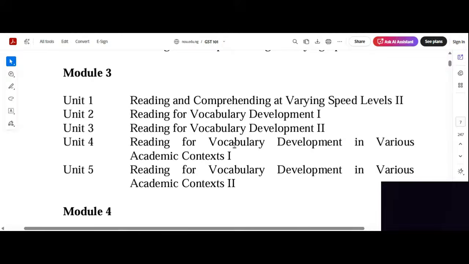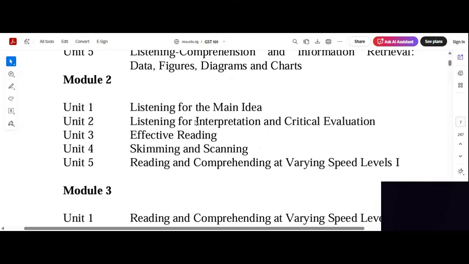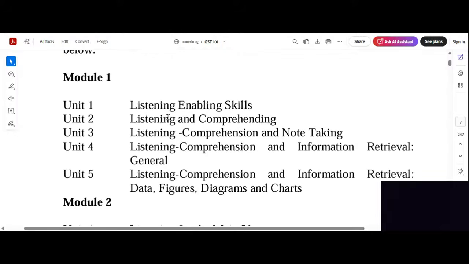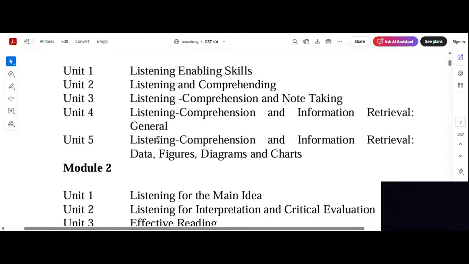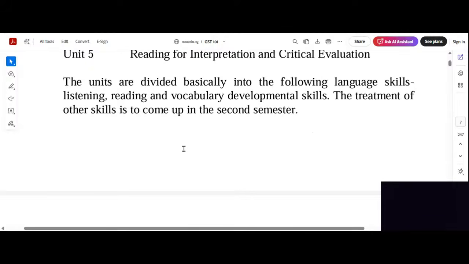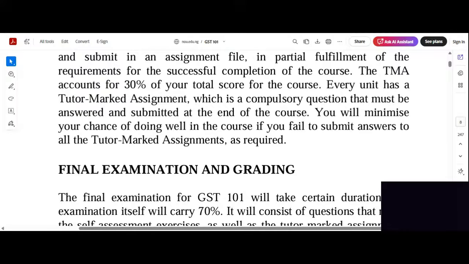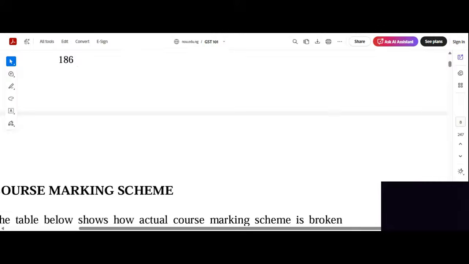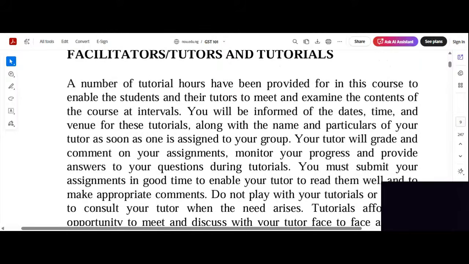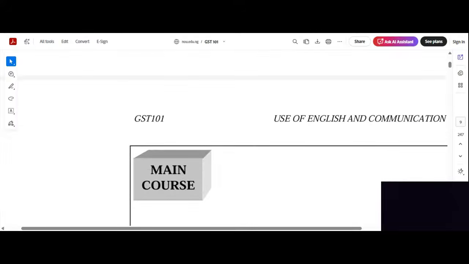In a nutshell, as you've seen, we've just scanned through this material to get an idea of what we'll be doing in it. But the summary is that we are going to be doing two things: listening and reading. So, once again, I welcome you to class. We'll start with the first thing we have tonight, and I'm very sure at the end of this class, you will have an idea of what listening is, not just what it is, but what the material says it is